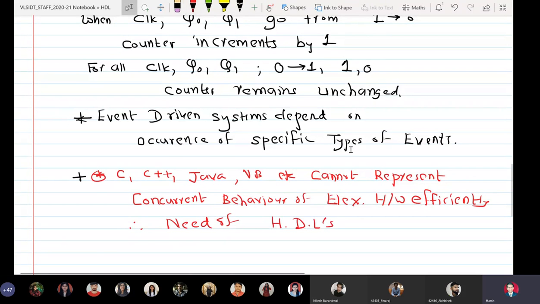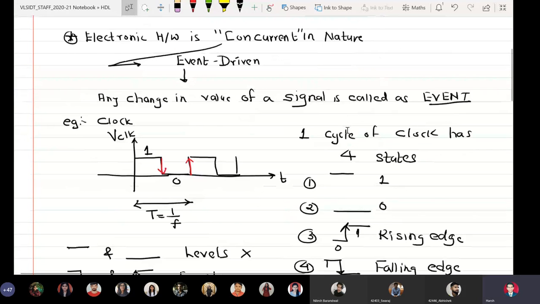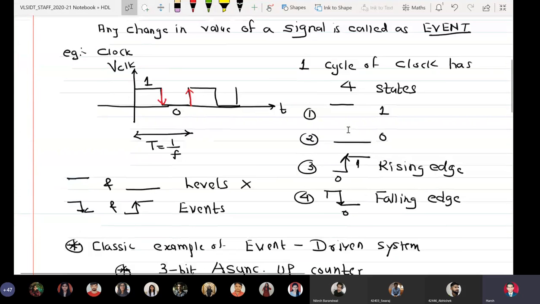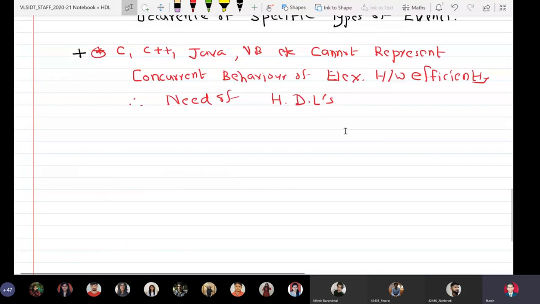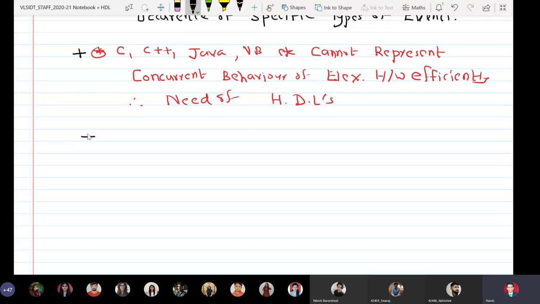Okay, so I missed giving an example of an event-driven system. So we defined what is concurrent nature, we defined what is an event with an example of a clock, and we saw a system which is event-driven. Okay, and then we told that